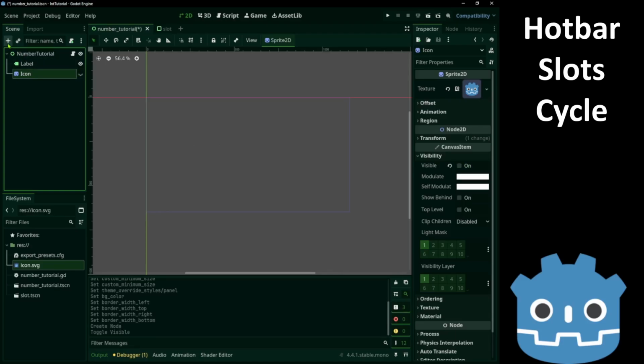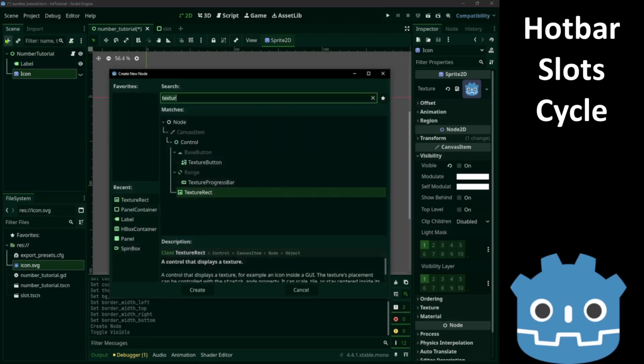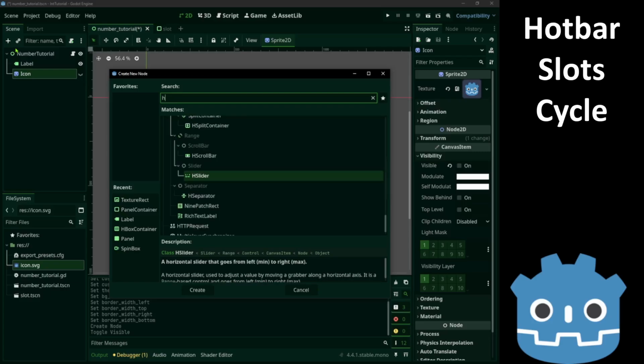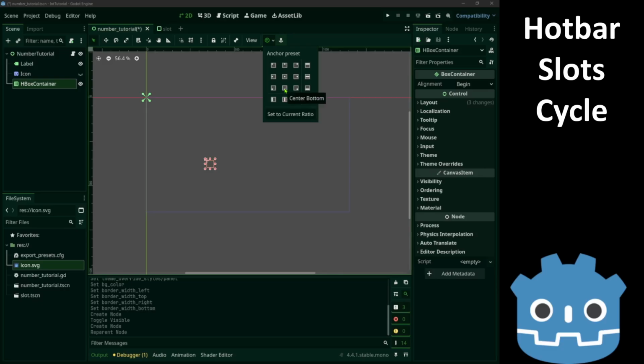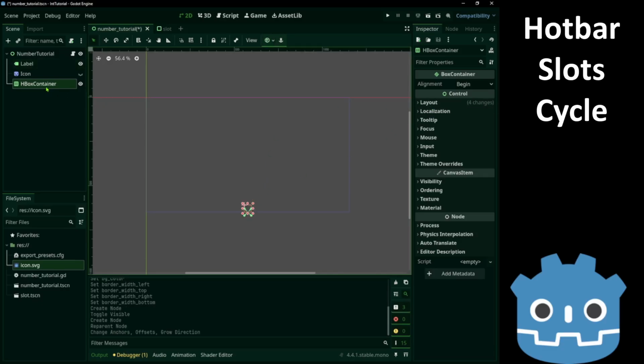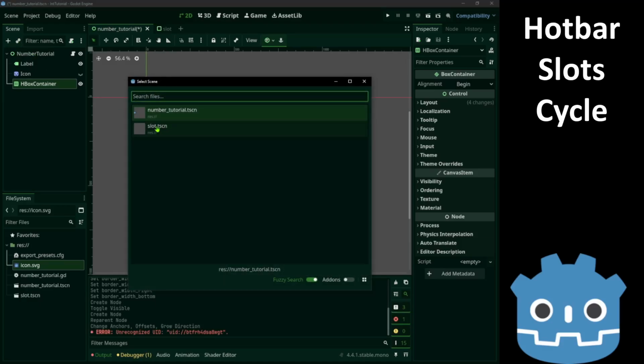Hide the icon, we don't need it. Add an HBox container. Make sure it's under the control node, not the icon. We'll set it to center bottom. And just add the slots.